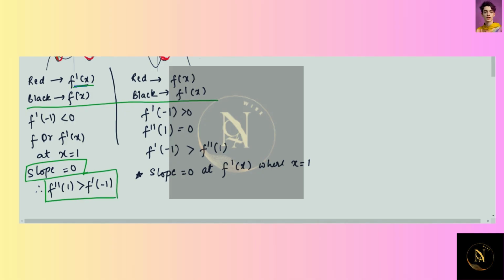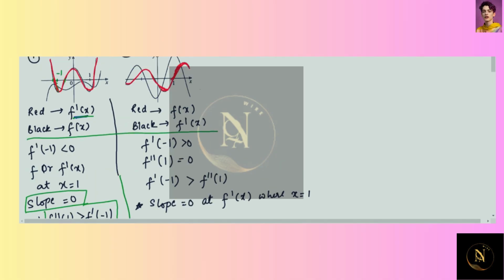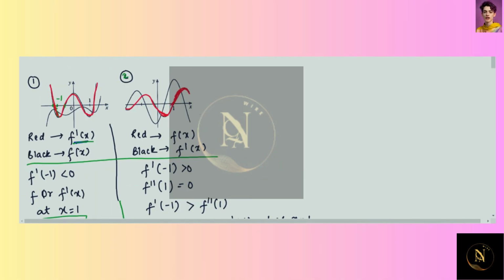Now for the second question, we can see here f dash of minus 1 is greater than 0. So here is the value and we are getting the black one on the upper side. So that will be the positive value, greater than 0, on the y-axis. This is positive and this is actually negative, right? Negative value. So here when we put f double dash of 1,